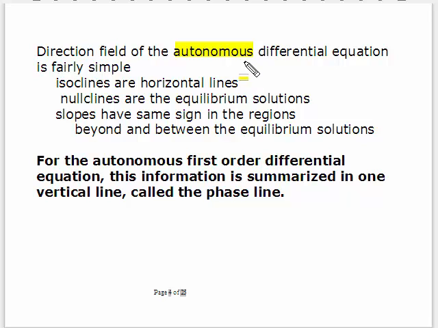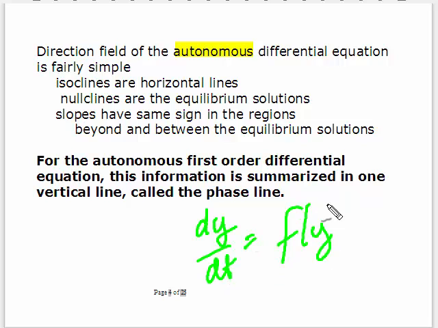For an autonomous differential equation, let me get the pen, dy by dt is some function of y only. Now in this case, what are the isoclines? The isoclines are all horizontal lines. There's no t dependence, so they're horizontal lines. In particular, the nullclines are,